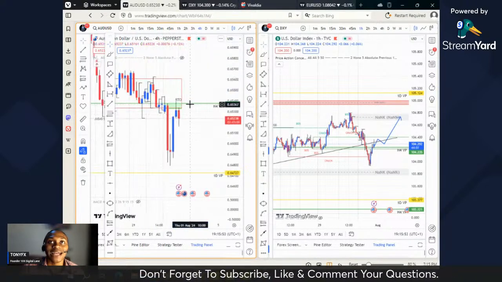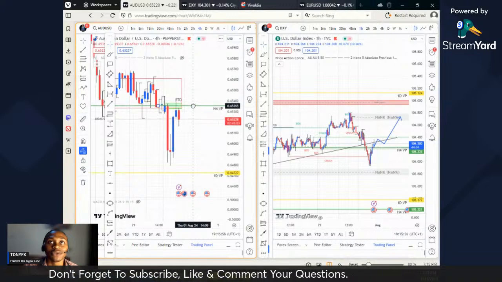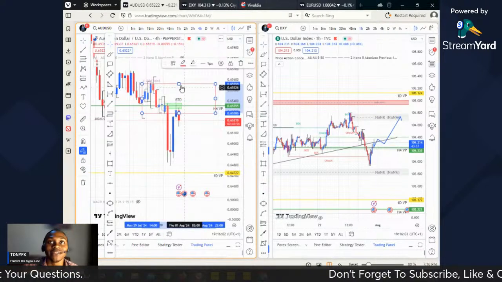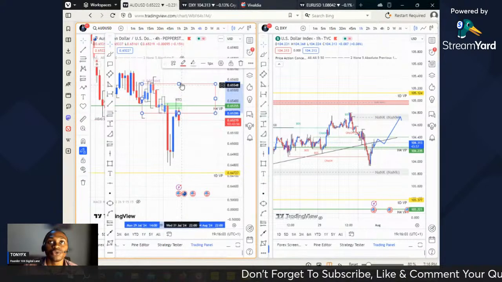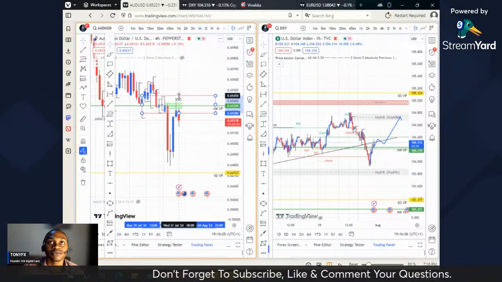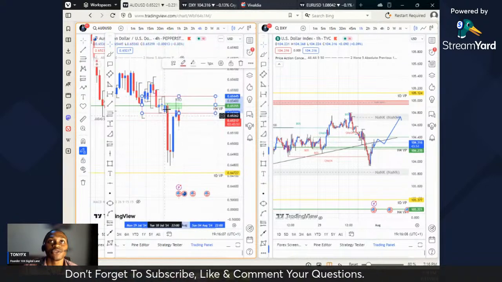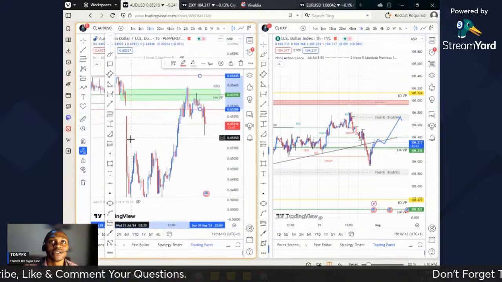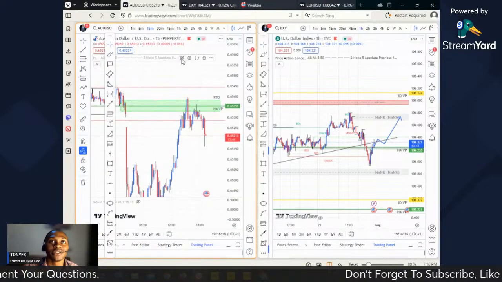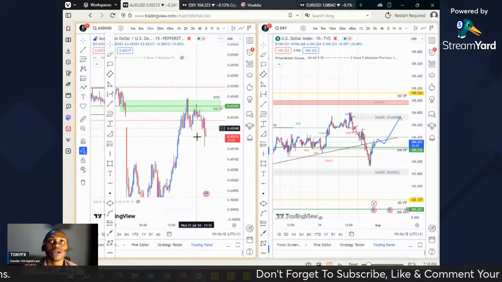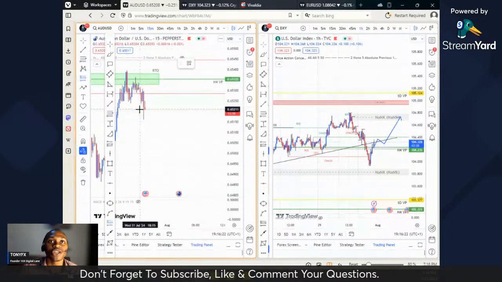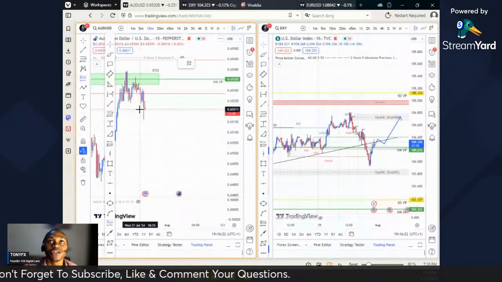So the last green candle before that was this candle. Okay, so shorting AUD against the dollar is a good pair to short. If you check the 15 minutes, this is the last green candle, blue candle. And we have a change of character. So you can short AUD against the dollar, it is a good pair.